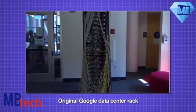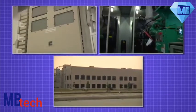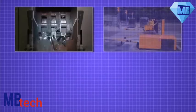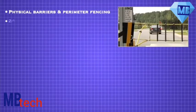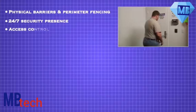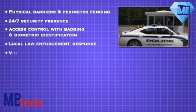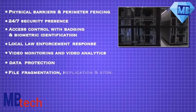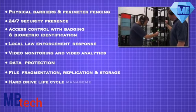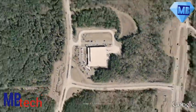It's been many years since Google built its first data center, and along the way, they've evolved into sophisticated data center designers. As you've seen in this video, Google works to secure and protect its customers' data with numerous safeguards. Some of the ones we've highlighted in this video include physical barriers and perimeter fencing, 24/7 security presence, access control with badging and biometric identification, local law enforcement response, video monitoring and video analytics, data protection, file fragmentation, replication and storage, hard drive lifecycle management, and fire detection and suppression. Furthermore, Google also employs additional safeguards